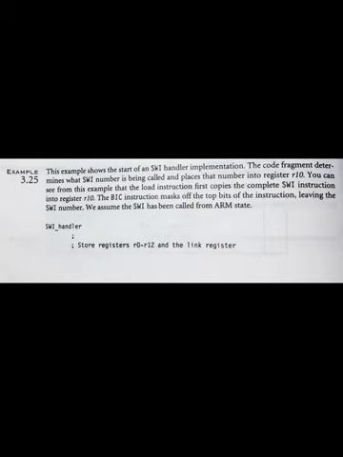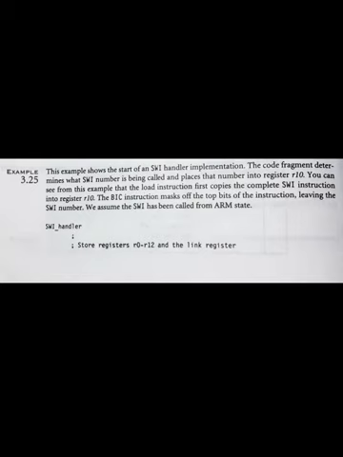The code fragment determines what SWI number is being called and places that number into the register R0. You can see from this example that the load instruction first copies the complete SWI instruction into the register R10. The BIC instruction masks off the top bits of the instruction, leaving the SWI number.